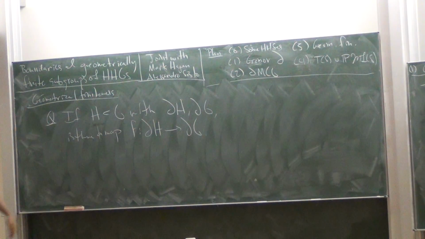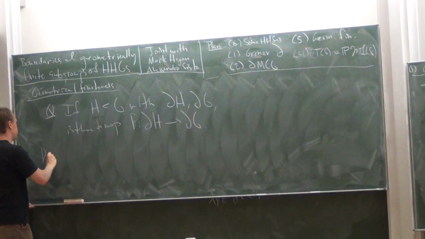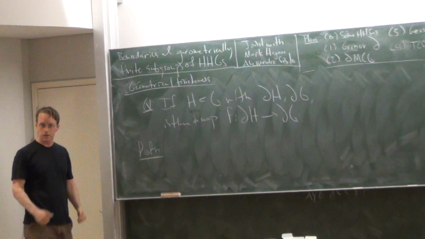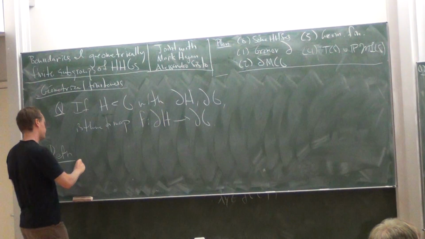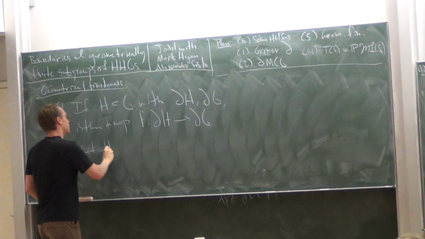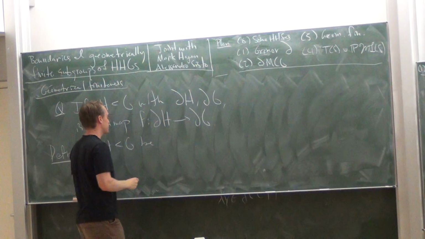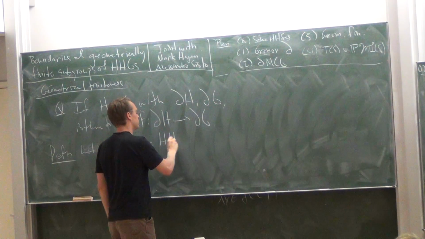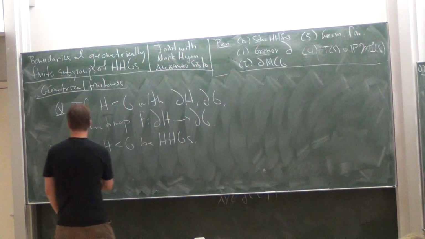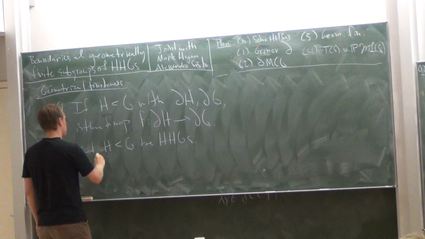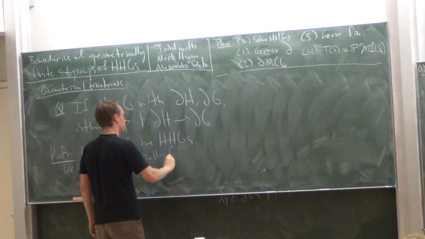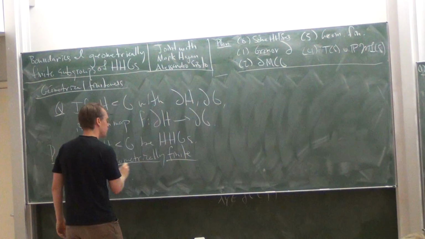And so the definition we want to look at is going to be a pretty restricted class, but this will tell us nice things about our subgroup. So let H be a subgroup of G. I want both of these to be HHG, so they both have boundaries. And we're going to say H is geometrically finite in G,